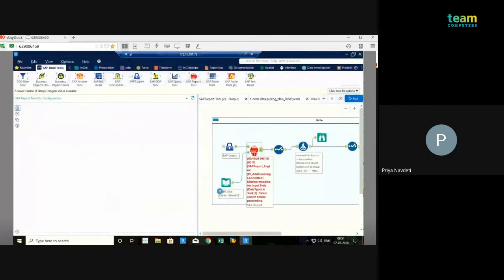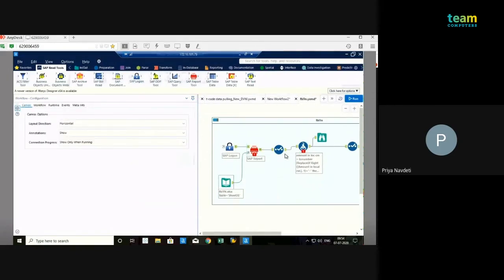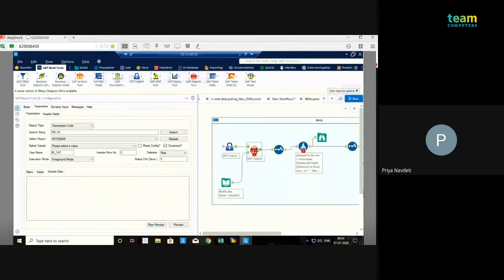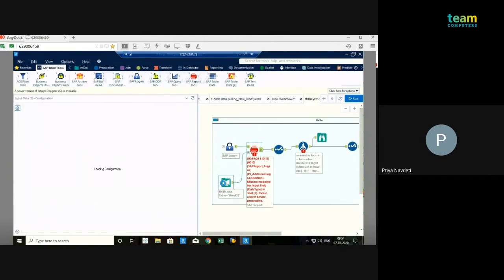If we click on the preview, it will show you the preview data, and on the basis of that we have to format the data right now. And later on, here we have joined the Excel just for the dynamic input.